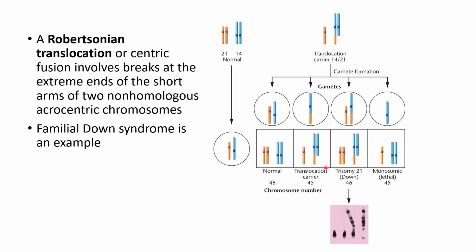With this, you can also have carriers, right? This person doesn't have two copies coming from the mother. It was a monosomy here, and so they don't have two copies of chromosome 21. So they're in essence normal, but they are a carrier for Down syndrome because, again, it's possible when they do their gamete formation, there's a 1/4 chance they're going to create a gamete like this that will result in a trisomy and Down syndrome. Okay, so that goes through all the aberrations,